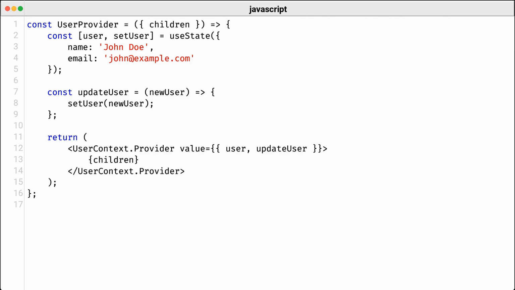By wrapping its children in the user context provider, the user provider makes the user state and the updateUser function available to any components that consume this context. This means any component within the provider can access user information without needing to pass props through every level of the component tree. This is particularly beneficial for maintaining cleaner and more efficient code, especially in larger applications where prop